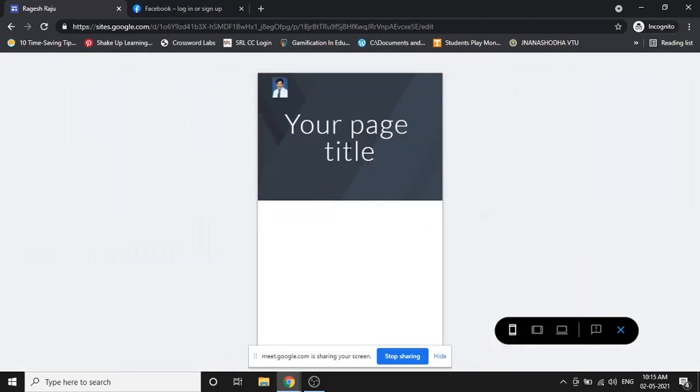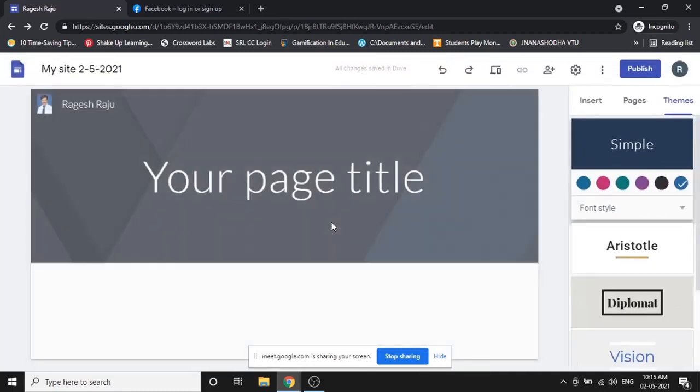Once you're okay with this view, you can click on this close button here, exit preview. Always remember you have to close here, not on the top. If you close on the top, the entire thing will go and you have to start from the beginning. So I click on exit preview here on the right bottom corner.